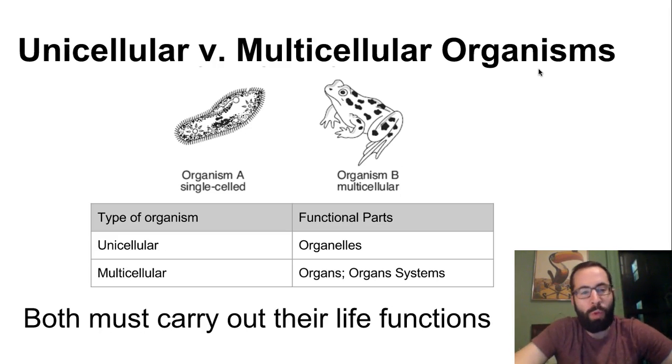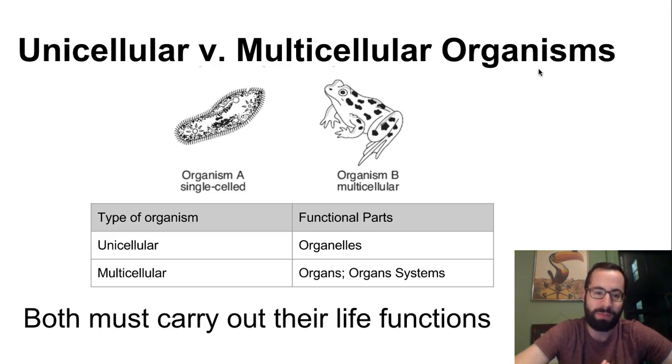Before we get into that, I want to reflect a little bit on the last unit that you finished. That last unit was all about the cellular level, more or less. We were focusing on organelles and enzymes and the different things inside of a cell. And now we're going to start looking at more complex organisms, or things called multicellular organisms. But I think it's important to take a step back here and look at the similarities and differences between these